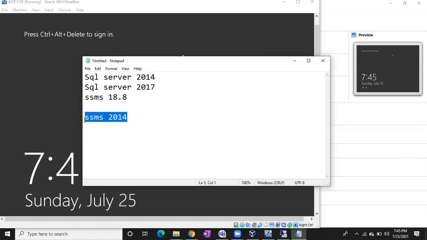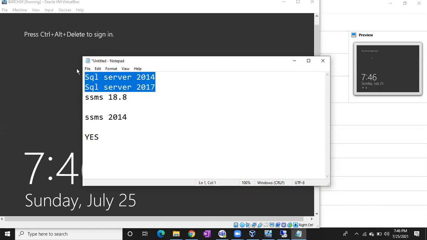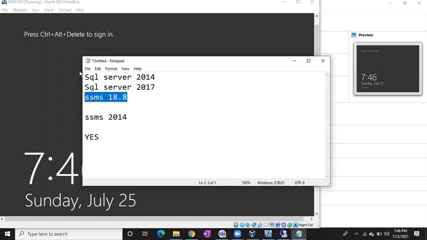So by using SSMS 2014, can I connect to my 2017 instance? No. So the answer for all of my questions is yes. Okay. You can use the latest version of SSMS to connect to any of the instances. Even though you have the latest version of SSMS in your machine, you can connect to any version of instance.